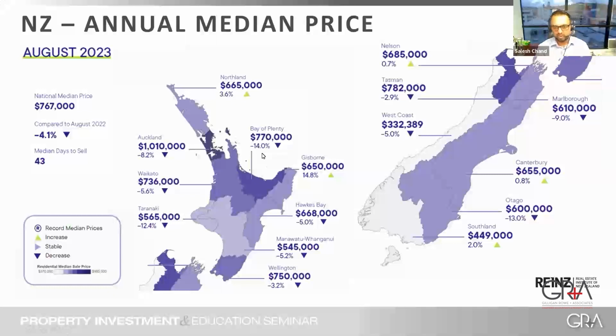What these numbers don't show is the rental market. The rent is up quite a bit, in some places nearly 30 or 40%, and rent will continue going up. If you look at Auckland, there's an 8.2% decrease in price, and a lot of people say, wow, that's a massive reduction. I say to people, well, Auckland property prices went up 40% in 4 years.